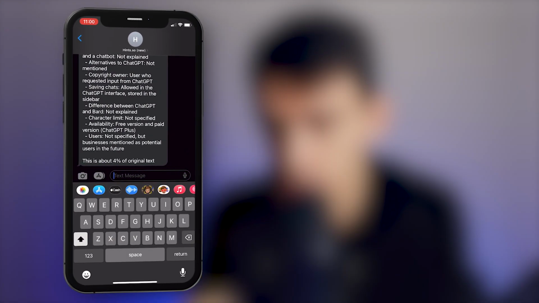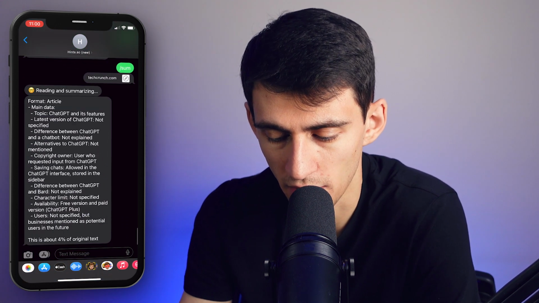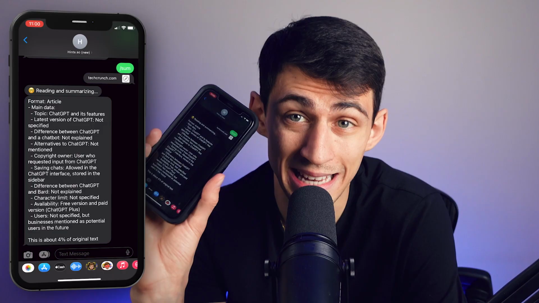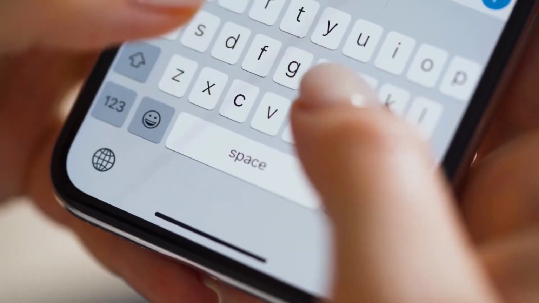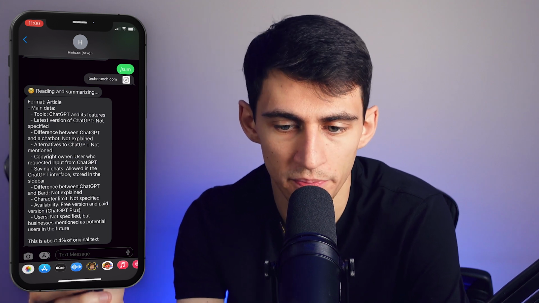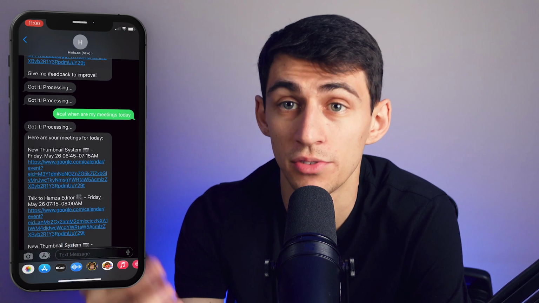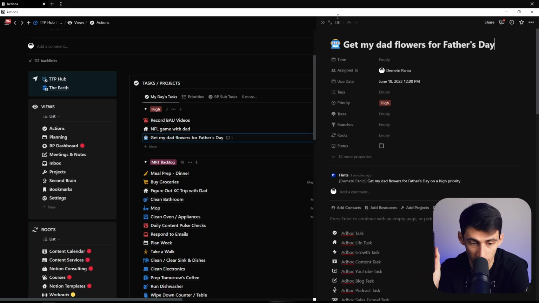While none of these features necessarily are going to be perfect out the gate, I think the direction that apps like these are heading is really cool because it allows you to basically text and interact with something, rather than you needing to go into Notion or go into ChatGPT itself to get summaries. You can just take URLs and make this happen, or text yourself, when are my meetings, or text yourself, get my dad flowers for Father's Day on high priority. The fact that it's able to map into different Notion properties and able to map the fact that it was high priority,